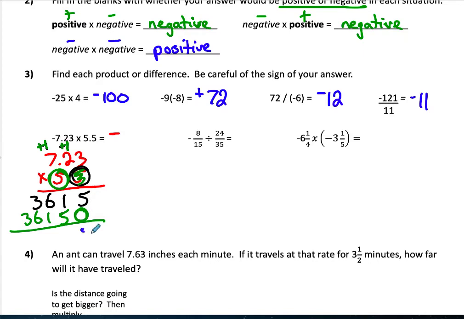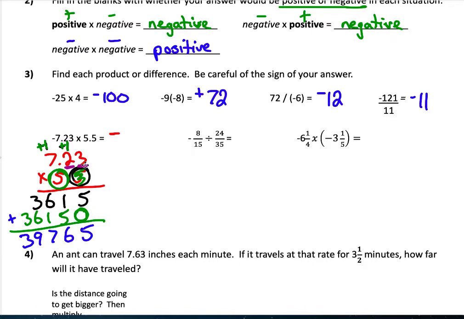So I do all my multiplying. Now I'm going to add my numbers together. And then our last step is we got to place our decimal in our answer. Remember our rule. We count up how many decimal places did we have in the problem, or how many digits behind the decimal. Well, I had